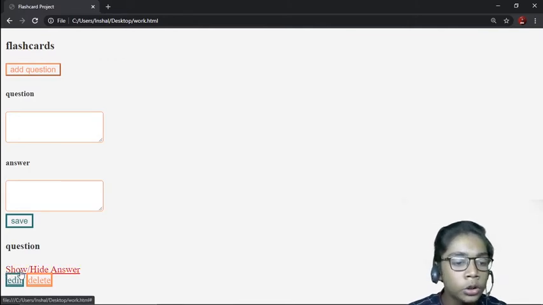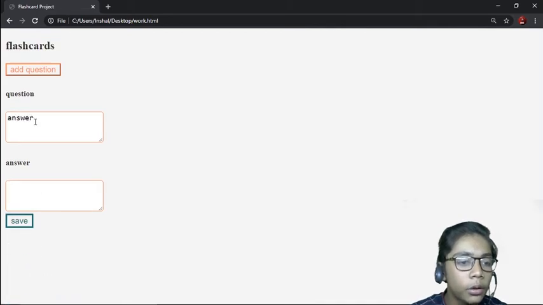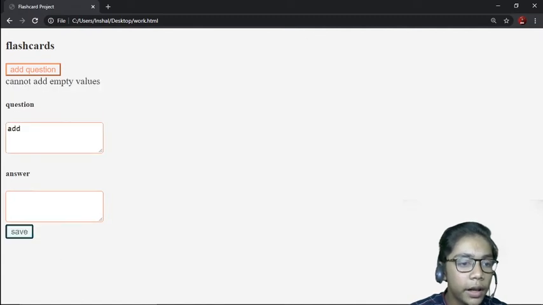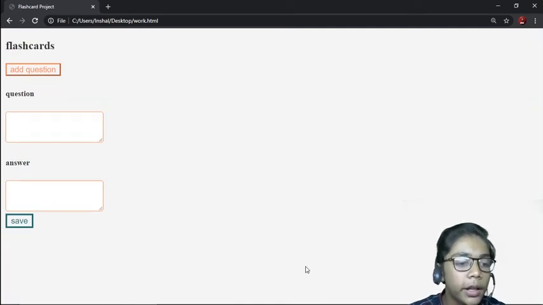If you want to show that, and if you want to hide it, just hide it like that. Now we have added that, so over here you can add it. Just do like that, and again hit save. Over here you can see we can also edit it, and show and hide it. If you want to delete it, you can also delete. Come over here and hit delete. Now it has been deleted.